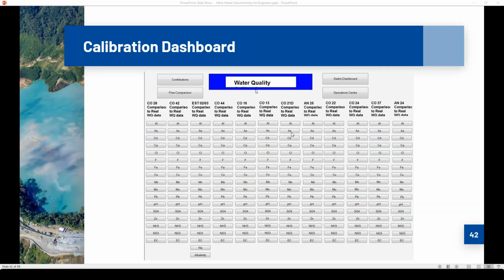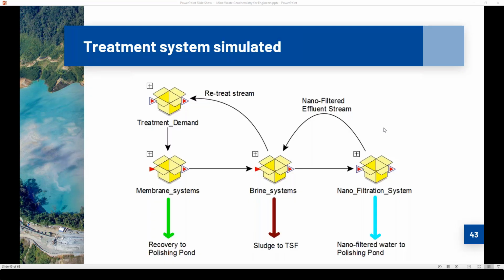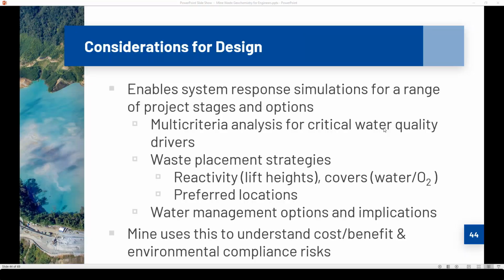They do use this at several of their water quality monitoring points, so that there is an ongoing dashboard for them to use to compare the water quality predictions and the water quality results from the monitoring. Using this, they've then been able to simulate a whole host of different mine waste and mine water quality options, including aspects such as water treatment, segregation of waste,